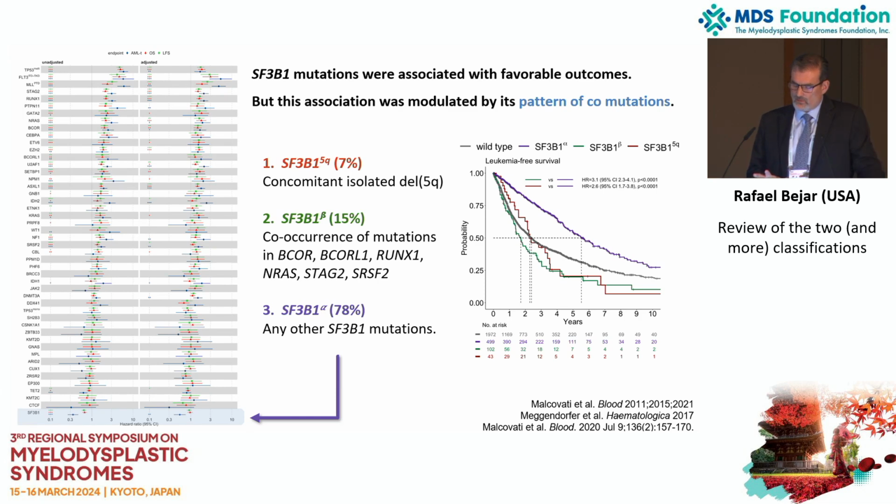And then the SF3B1 co-mutated patients that have adverse mutations in RUNX1 or NRAS or STAG2 or SRSF2 also don't do very well. They have an inferior survival. And those patients are, again, somewhat excluded from the group, at least in the ICC if they have RUNX1 mutations, but not entirely. Fortunately, 80% of these patients or so have what we call isolated SF3B1, would be considered MDS with SF3B1 mutation, and do have a more favorable prognosis.